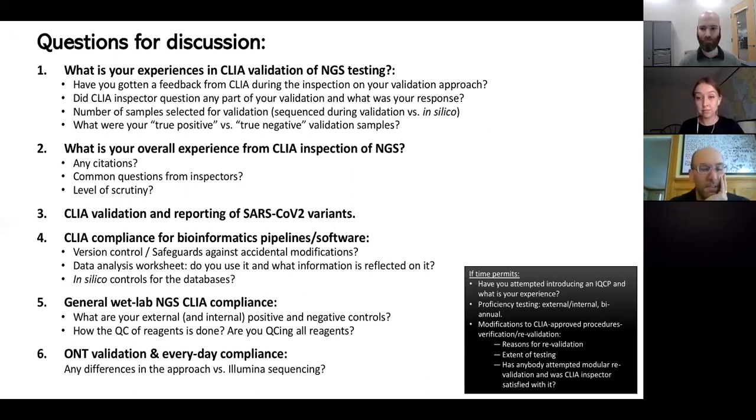In Maine, we use CLC Bio, and you can actually lock the workflow so no one can change it. That's what we use, and I'm the sysadmin on that, so no one else can modify it. We do have worksheets for everything. They write down expiration dates, dates opened, lot numbers. We treat it like a PCR assay or anything else.